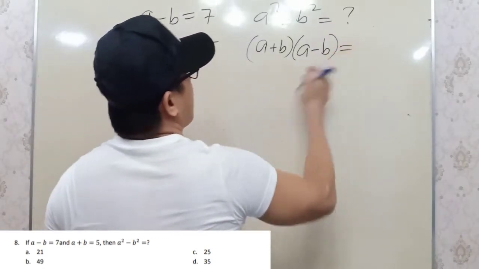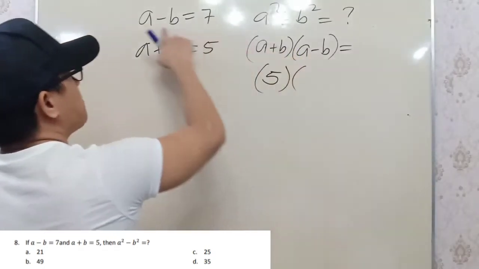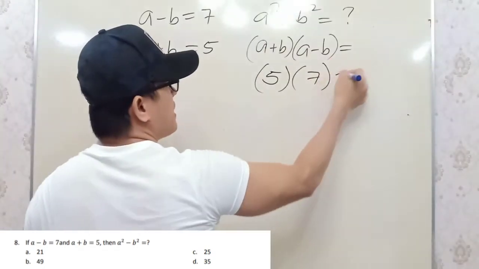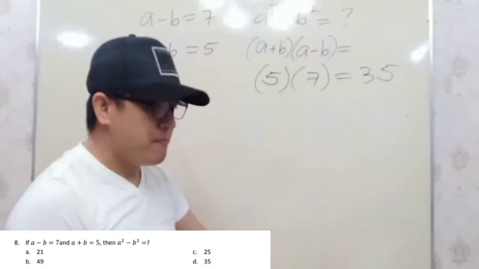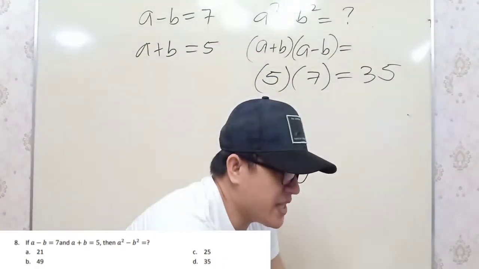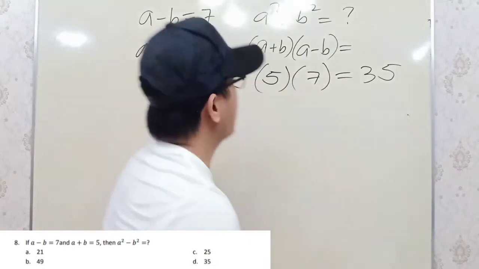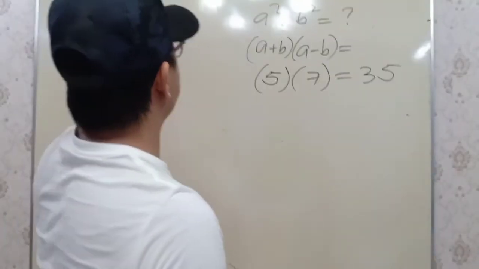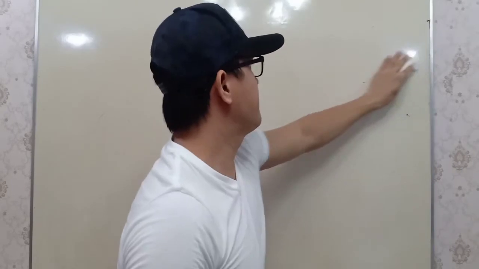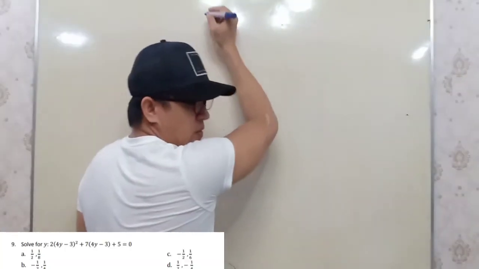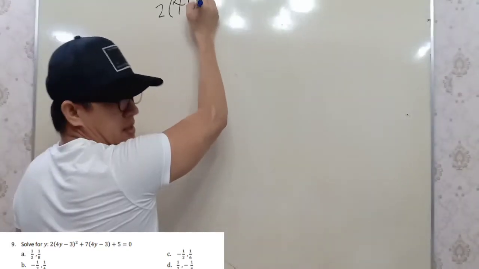Okay? Now, and so this one, A plus B is equal to 5. So this is 5 times A minus B, which is equal to 7. This is 7. That is equal to 5 times 7. That is 35. Okay? So, ganun siya. Yan yung sagot. Next, number 9, solve for Y. Okay. We're going to solve for Y. Solve for Y. 2 times 4Y